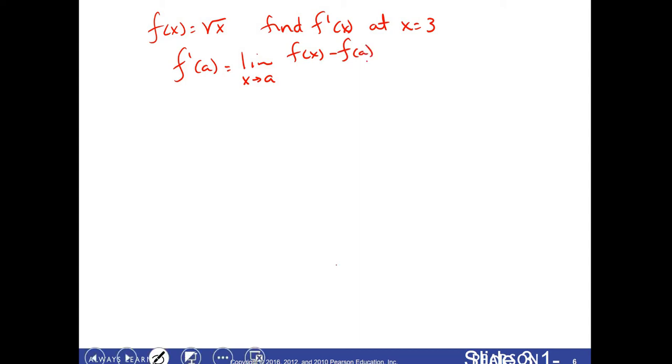Let's say f of x equals the square root of x, and I just want to find f prime at x equals 3. So f prime of a is the limit as x approaches a of f of x minus f of a over x minus a. This is just our slope equation, finding the limit of this slope as my 2 points, x and a, approach each other. So for this one we want f prime of 3. So that's going to be the limit as x approaches 3